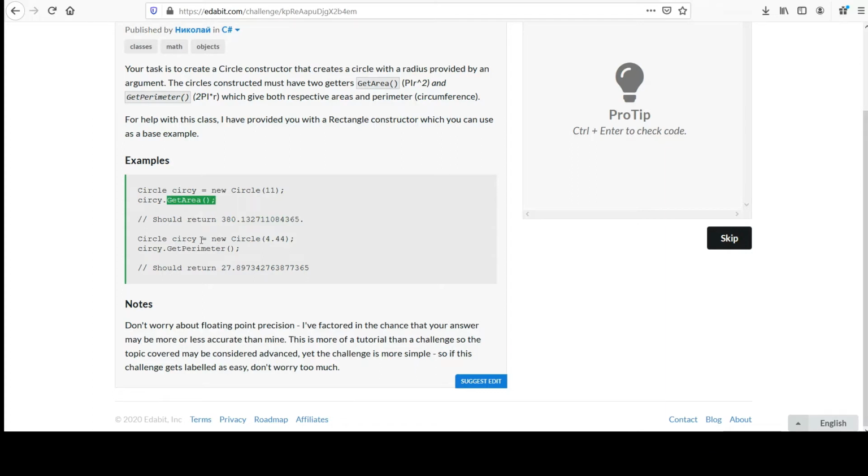And they've created a new circle down here, which they didn't do well because they're declaring a circle with the same name. You can either overwrite it, if you delete this circle and then just use the same name and make a new object and assign to it, or he should have called this circy2 or something different. But anyway, here's one with 4.44, call perimeter,